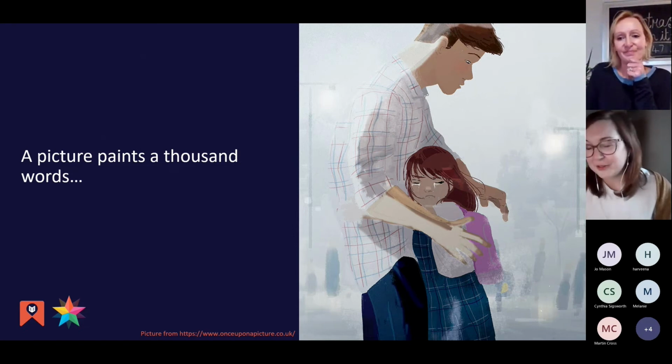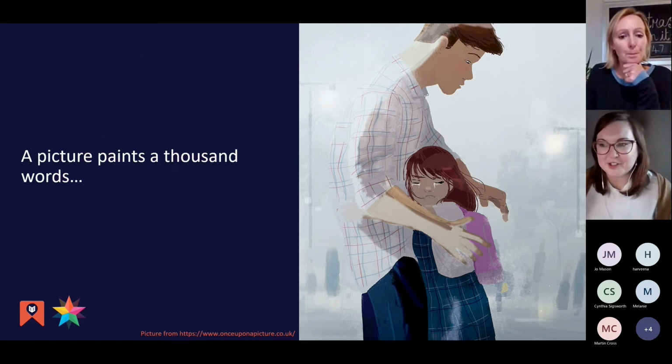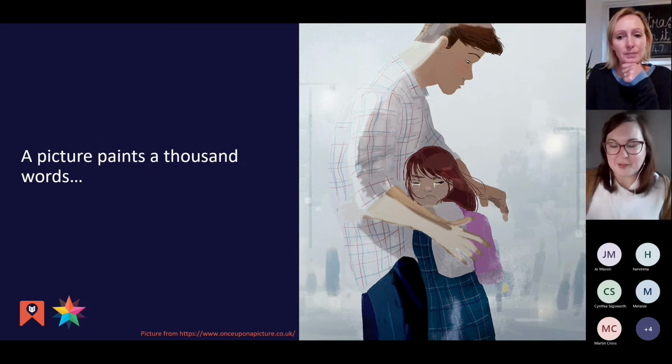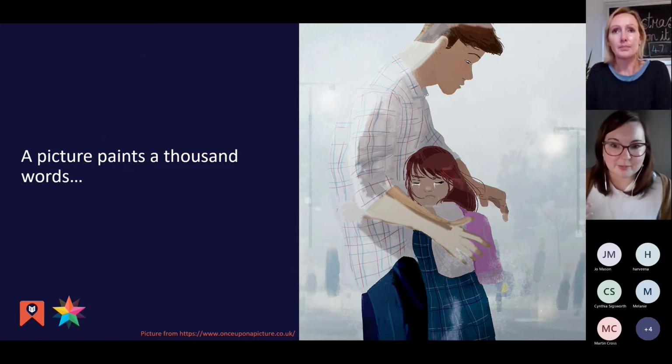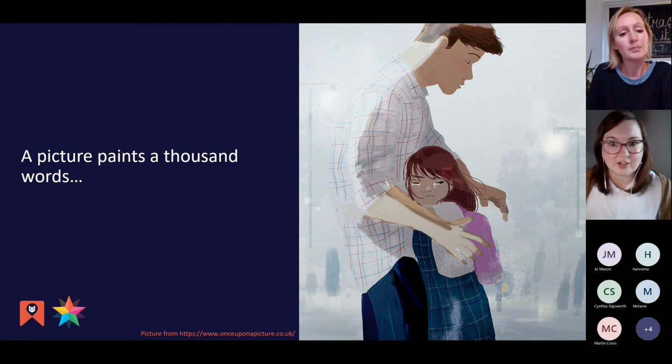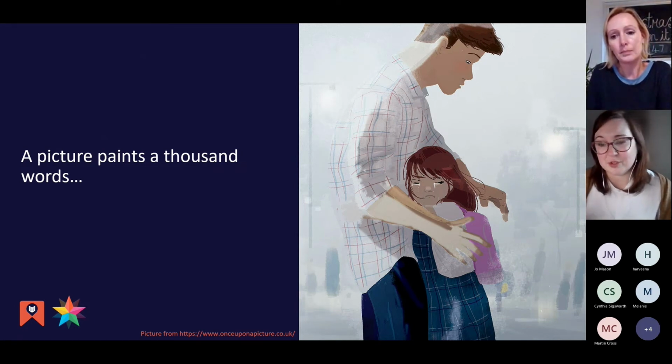Yeah, so just the final thing, and I know I've shown this picture before, but I just wanted to show that it's not necessarily just to do with words on a page. You can develop vocabulary and think about the power of words through a picture as well. So if you were to show a picture like this, you could get the children to come up with as many word choices as they can to describe what's happening in that picture. And it could be a description of what they can actually see, or a description of feelings.